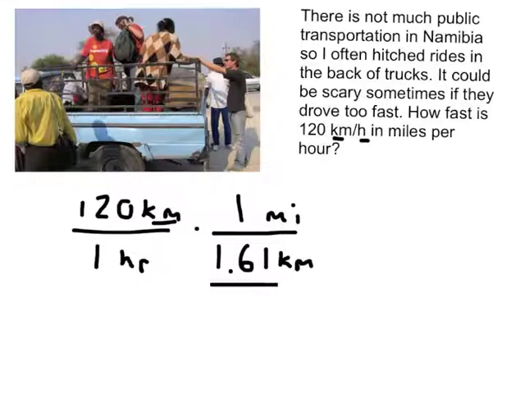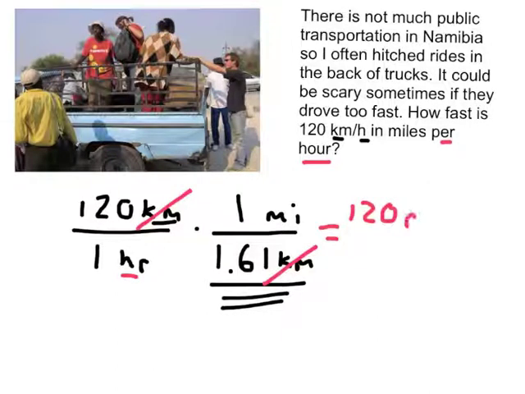If you forget this, you can always look it up. Now in this case, we're changing it to miles per hour, so we can leave the hours alone. They're going to stay the same. But we do have a kilometer in the numerator and the denominator, and I cross them off. And then I can finish by multiplying my two ratios or fractions. So 120 times 1 is 120 miles. The denominator is 1 hour times 1 61/100. So 1 times anything stays the same, so it's 1